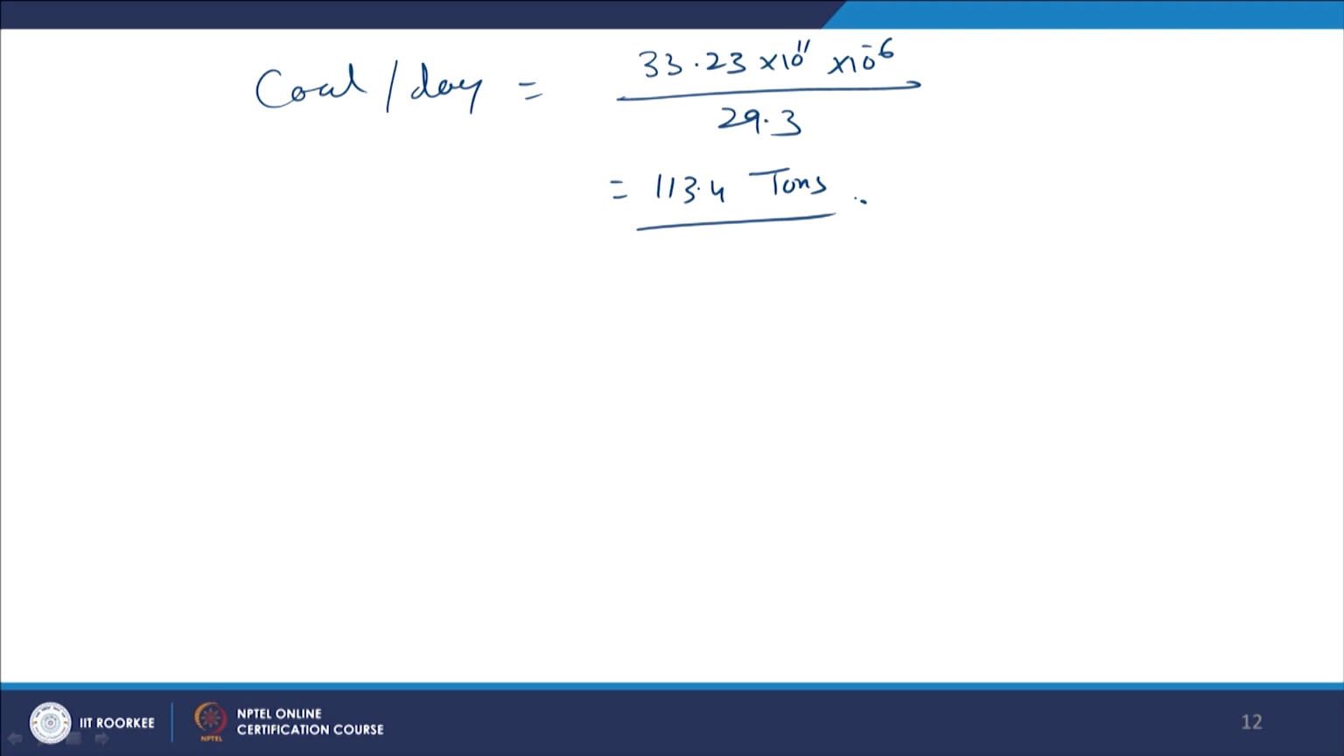(113.4 tons). So, you can compare the quantity of fuel required here. They only require 143 grams of uranium to produce the same power, and for matching the power we need 113.4 tons of coal,